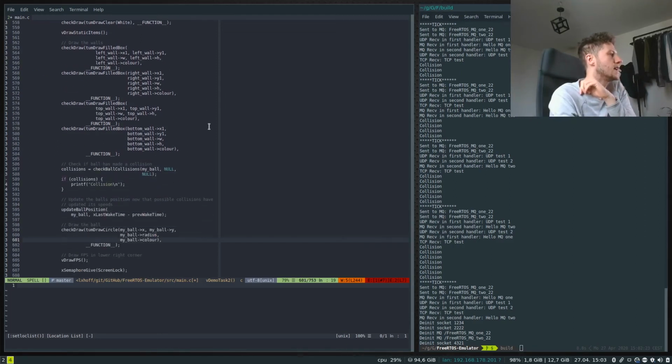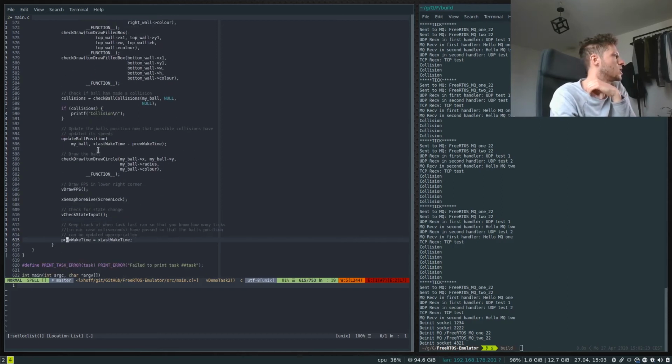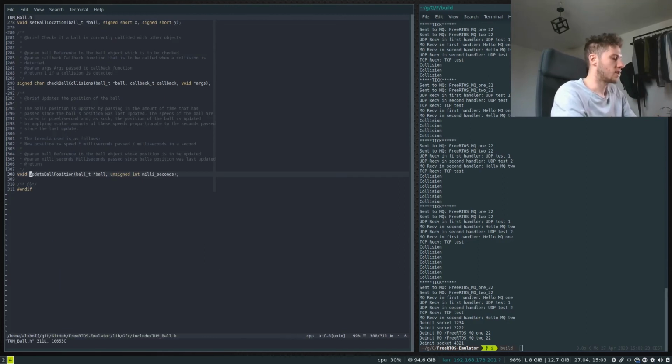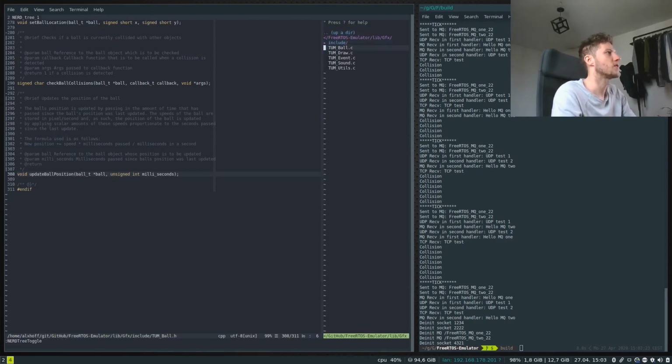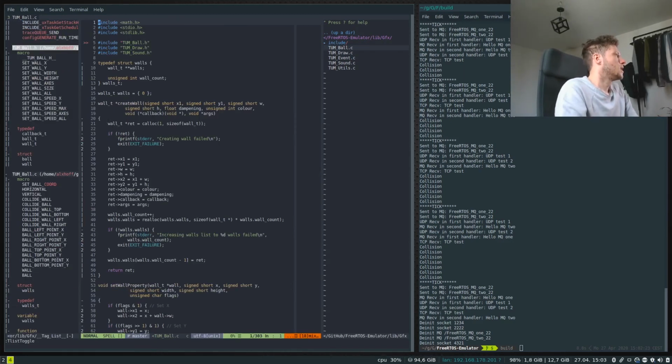And so you'll see in this function, for instance, here, update ball position, I'm passing in the time that has transpired since my last call to this function. So in a 50 FPS game this would be like 20 milliseconds. And if we go into update ball position, not the header file, but the source file, TUM ball, update ball position,